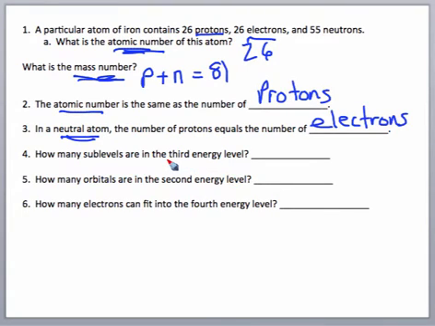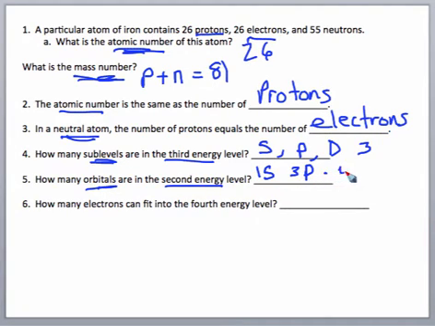How many sublevels are in the third energy level? Well, sublevels are going to mean orbital types. So in the third energy level, we have s orbitals, we have p orbitals, and we have d orbitals. So there are 3. And this one says, how many orbitals are there in the second energy level? Well, there's one s-type orbital, and there's 3 p's, so that's 1 s and 3 p's, so that's going to give us 4